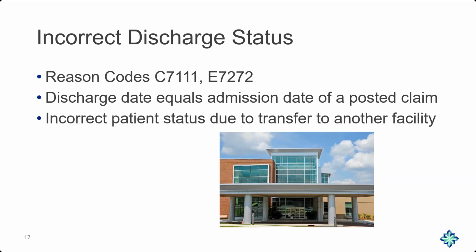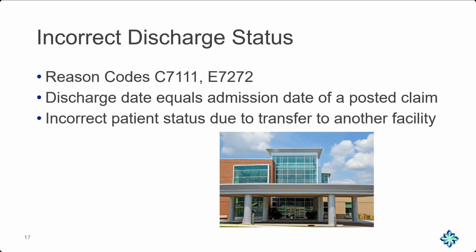Now, the next two reason codes haven't been in the top 5 for the last several quarters. I'm not sure why that is, but we're here to discuss it and talk about solutions to keep them out of next quarter's report. So we have C7111. The discharge date of this claim is equal to the admission date of a posted claim. The other one that showed up, and I grouped them together because they're similar,